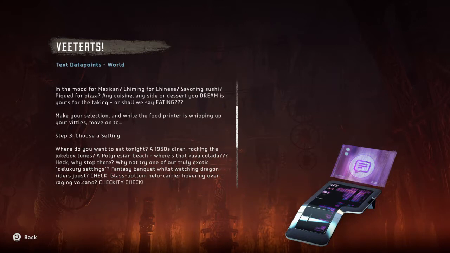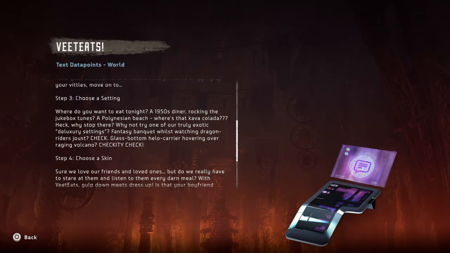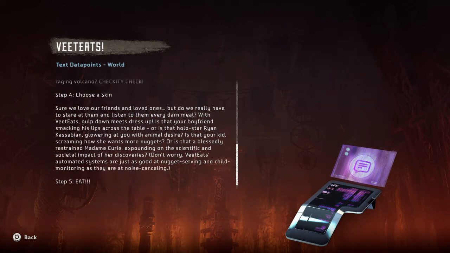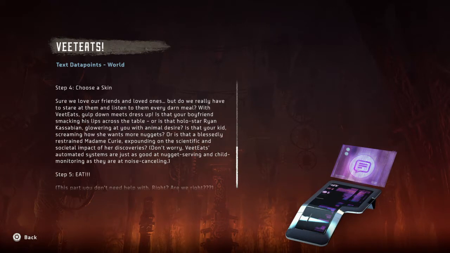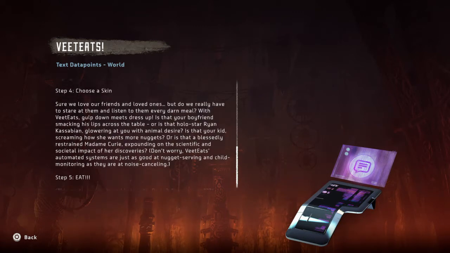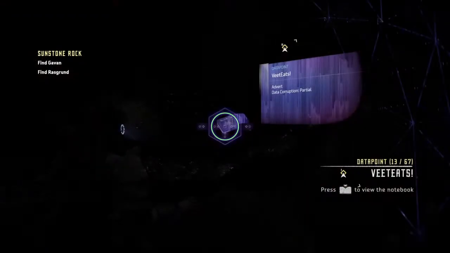Food printer. All right, nice. And your setting. Carry her. Check. Choose a skin. Oh, it's for like a virtual restaurant or something like that. Eat. This is the part you don't need help with. Enjoy your Veet Eats meal experience. Okay, so it's some sort of advertisement for